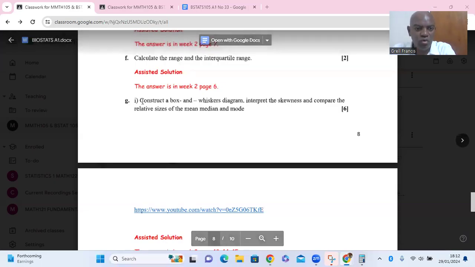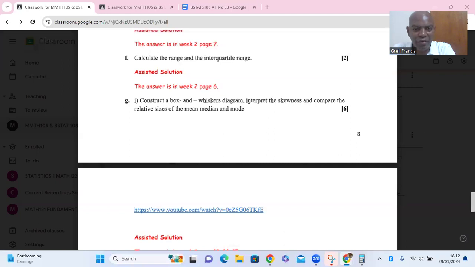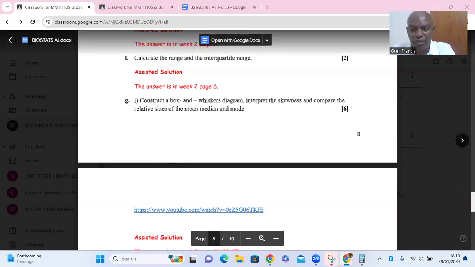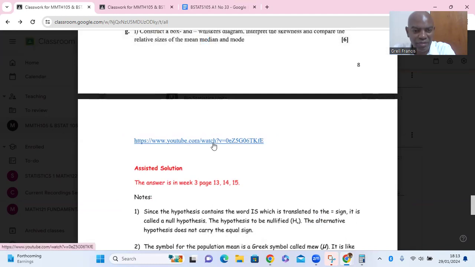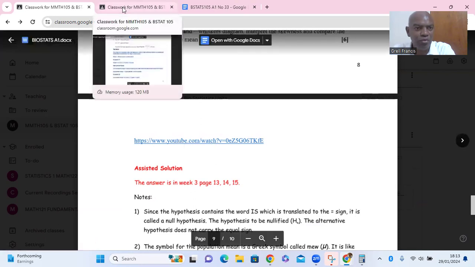This question says to construct a box and whiskers diagram, interpret the skewness, and compare the relative sizes of the mean, median, and mode. You can get help in the weekly notes, week 3, and also in this YouTube video. So let's go to week 3 and then we'll click on the YouTube. So in week 3 now,